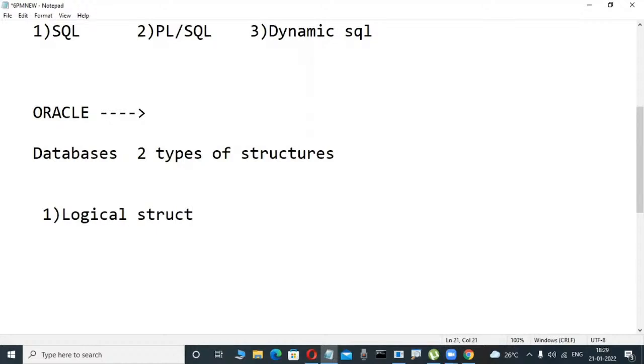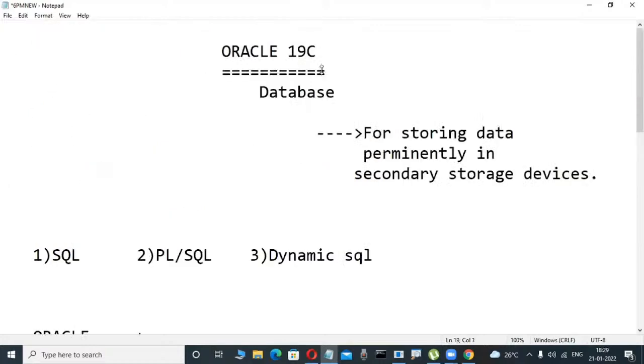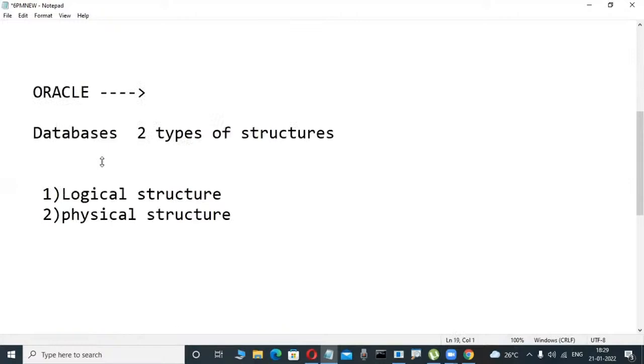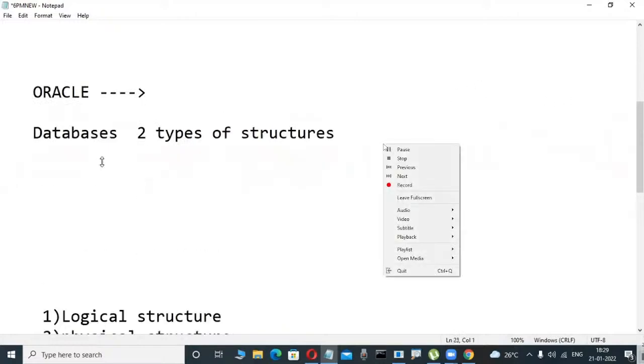The other one is the physical structure. Before we tell what the logical and physical structure are in these database software, just a database definition in the books we are referring to, so many